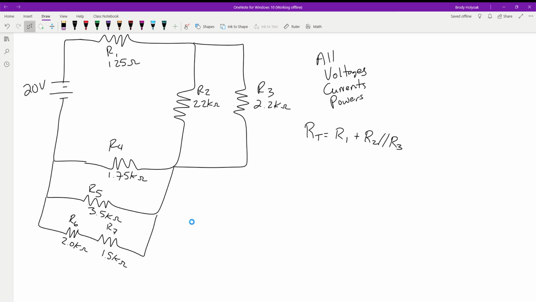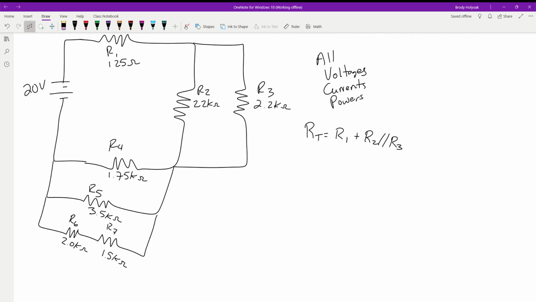Okay, so like I was saying, we're going to solve for our resistance total first. First thing we're going to go through, coming off of our power supply, is we have R1 by itself. That's going to be in series with R2 and R3 in parallel. Then as we continue to come around here, we're going to have in series again, because we have one common